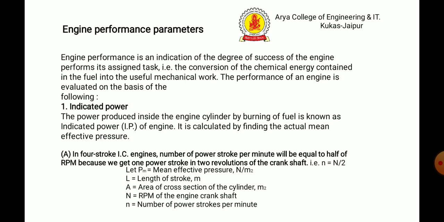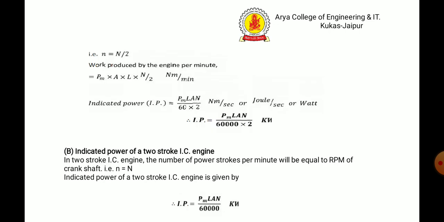Let PM be the mean effective pressure, L the stroke length, A the cross-section area of the cylinder, N the RPM of the engine, and small n the number of power strokes per minute. So work produced by the engine per minute is PM, the mean effective pressure, into A into L into n. So indicated power is basically PLAN upon 60,000 into 2